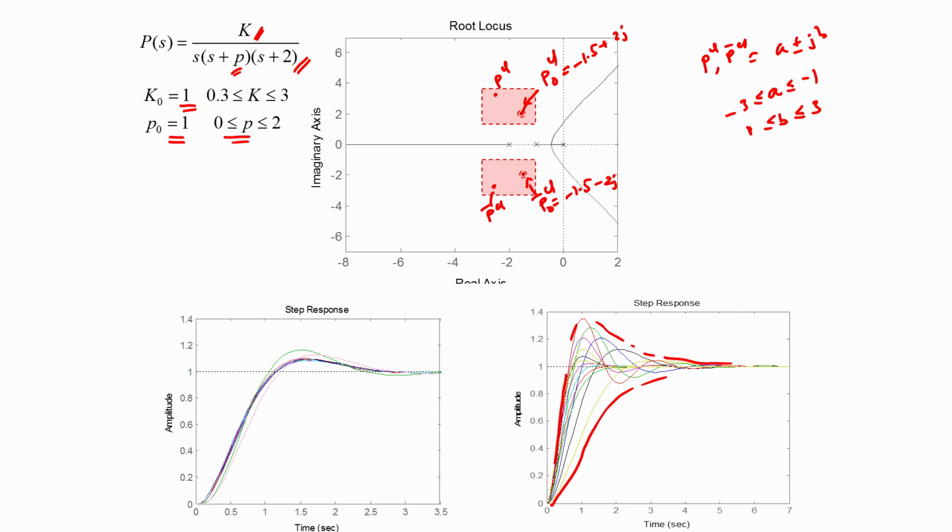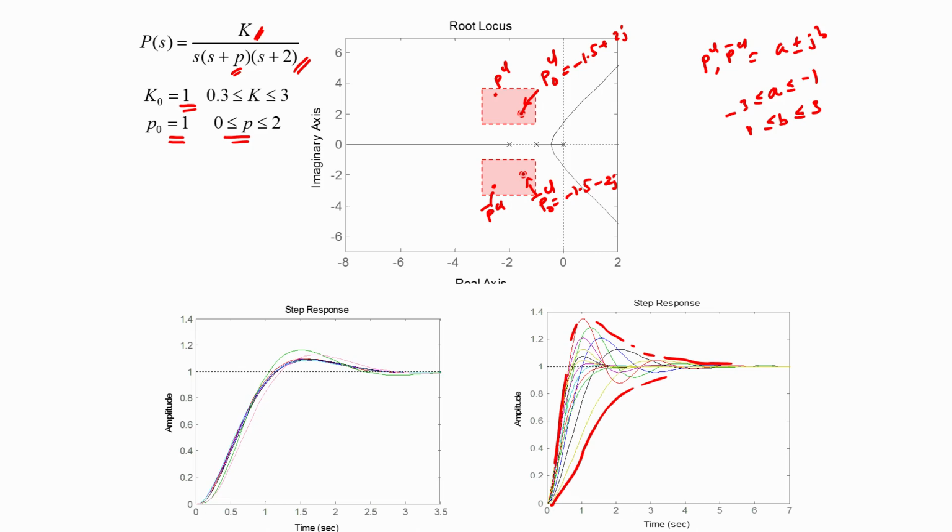So, we may be okay with this amount of variation, but we are not okay with any amount of variation. We want the closed loop poles to still be restricted within a certain area. It is just that the area that we are considering in this example is much larger than the area that we considered when we undertook the design using the root locus.